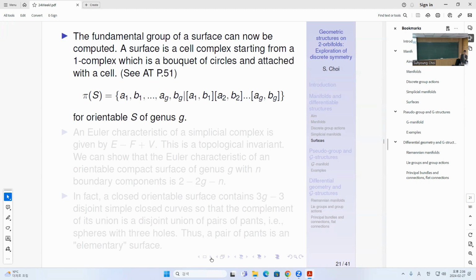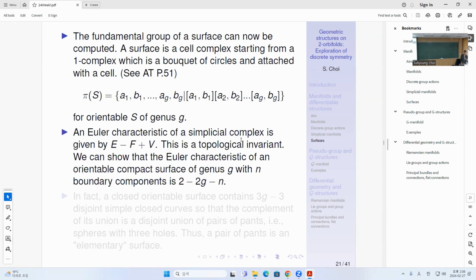And of course, the fundamental group is given by this formula, because you start with a one complex if you do this identification, and then you add just one cell to this, from the labeling we gave already. And then this is going to be the presentation. So what you quotient out is a normal subgroup generated by this, and of course the Euler characteristic is